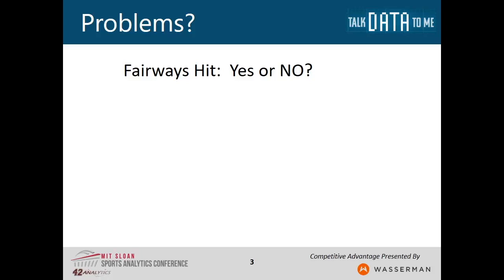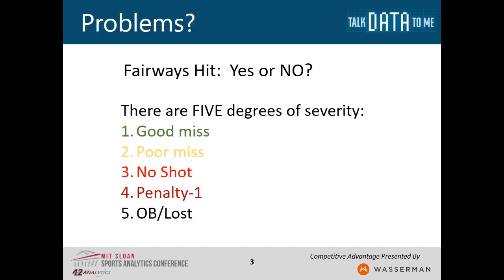So let's look at a couple of the stats, and they're actually still very much in use. Fairways hit, the barometer of whether you were good at driving the ball or not. If you hit the fairways, that was good. If you missed, it wasn't. The problem with that is I learned that it's not the hit or the miss. It's the relative severity and the frequency of the misses. And there's 5 degrees of the severity. It can be a good miss. For a lot of amateurs, they're better off in the light rough than in the fairway. A poor miss, and then the 3 types of driving errors that I'll go into more later.